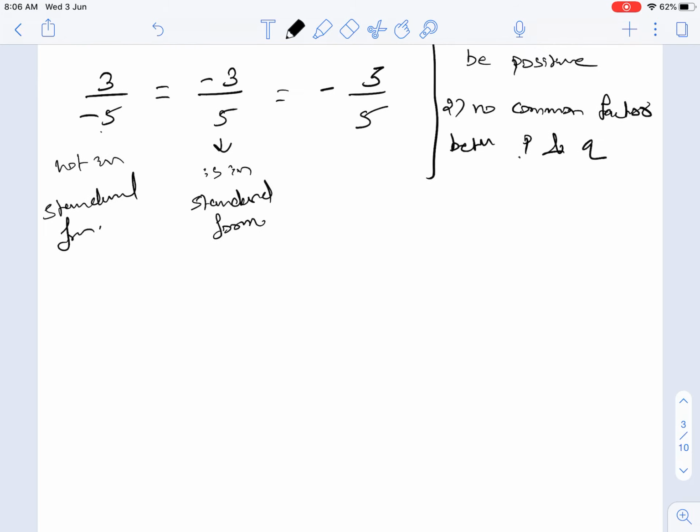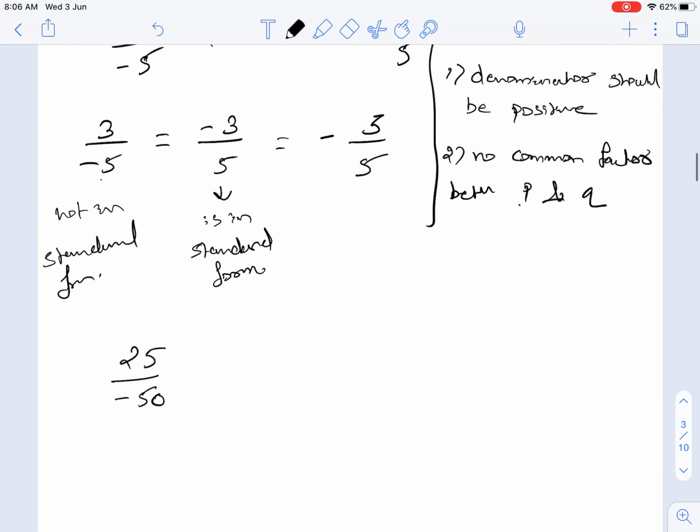Now how to convert any number into standard form. For example, when we have a number that is 25 upon minus 50, it can be seen that it is a rational number but the denominator is negative, so it is not in standard form. Moreover, 25 and 50 both have a common factor, they both come in 5's table, so we can divide each of them by 5. So further it can be written as 25 divided by 5